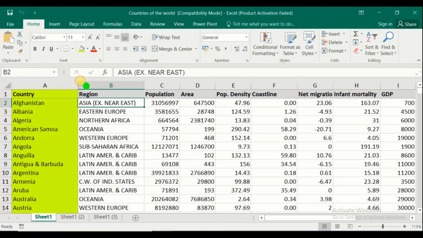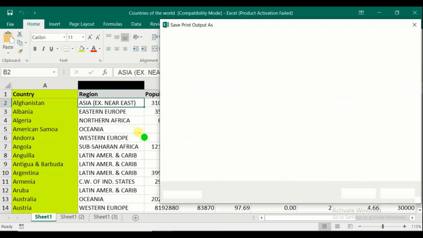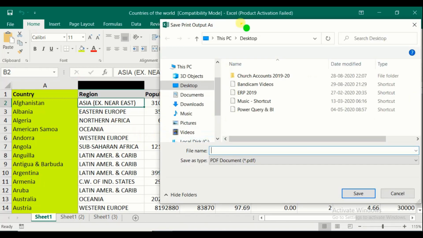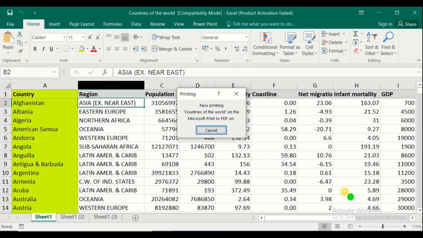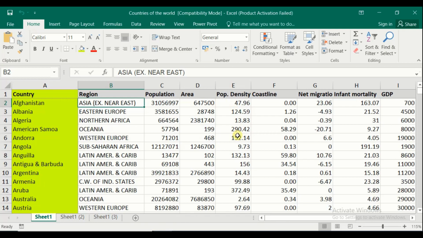Now it is preparing the file and asking for the save prompt, saving on the desktop with the file name multiple sheets print. Now it is spooling the data and getting ready to print in a PDF file. Yes, it has completed. 45 of 45 has been created in a PDF file.